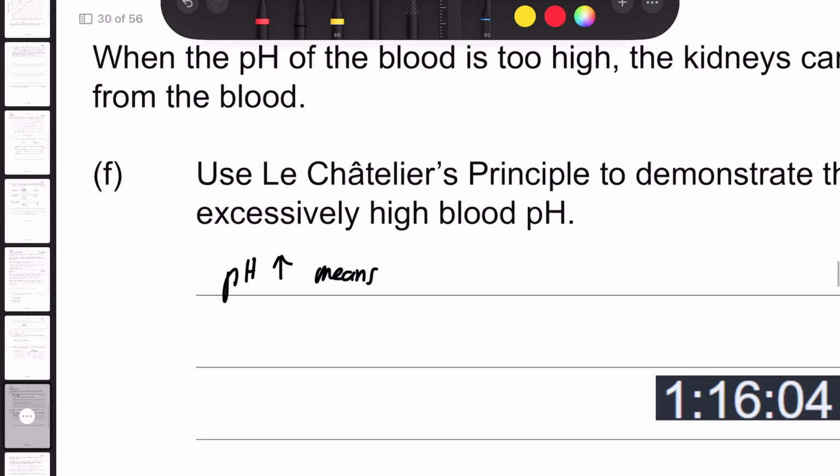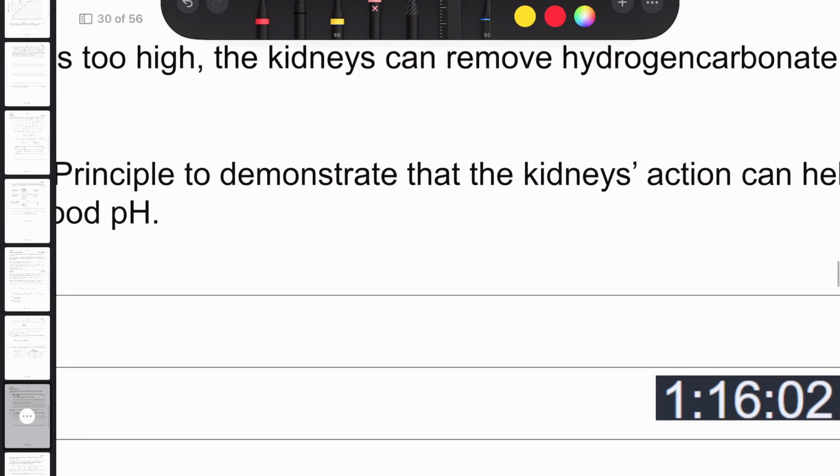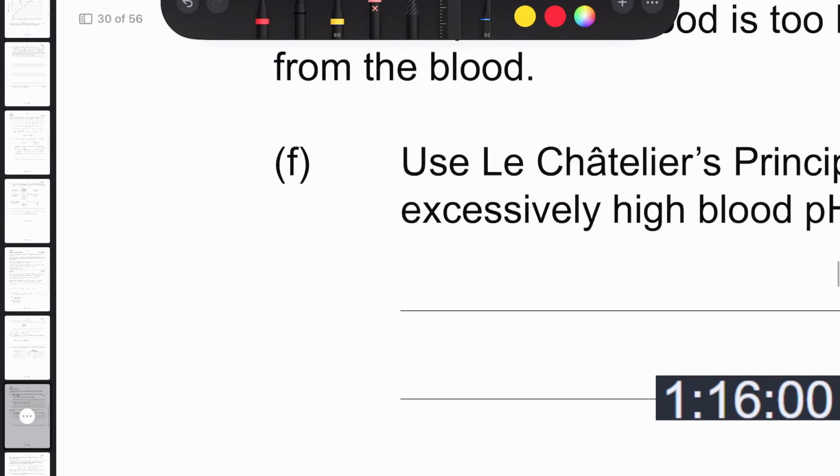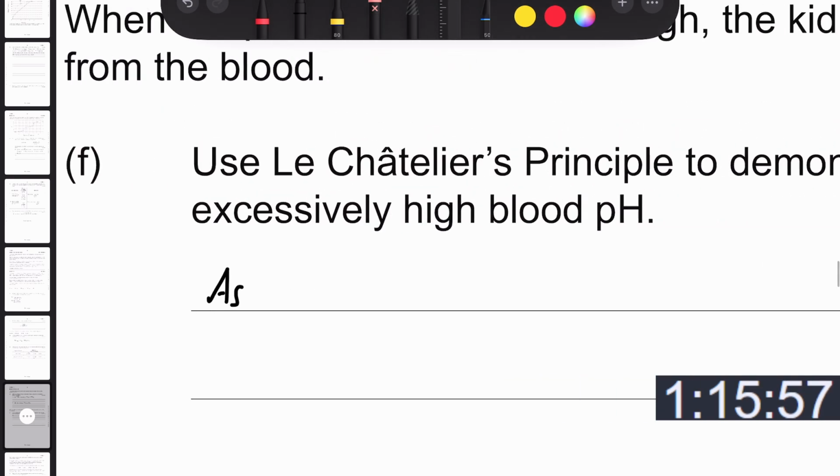Oh wait, no, hold on. Okay, so the hydrogen carbonate is what I need to go out. So as HCO3 minus decreases,